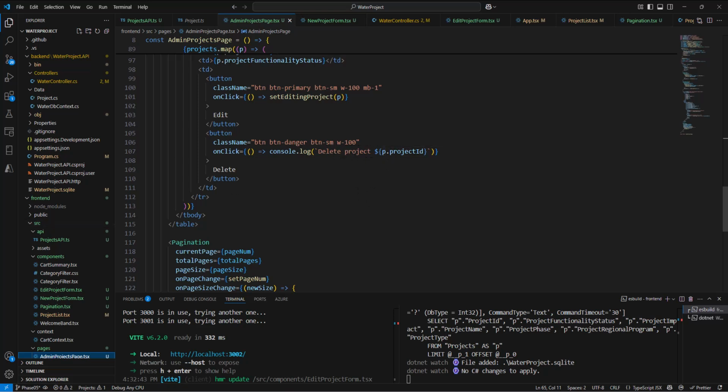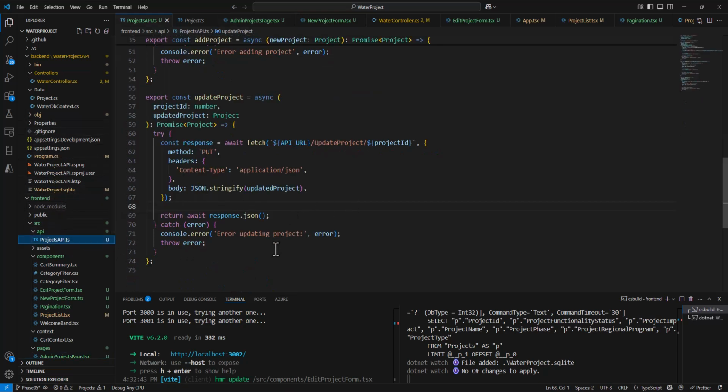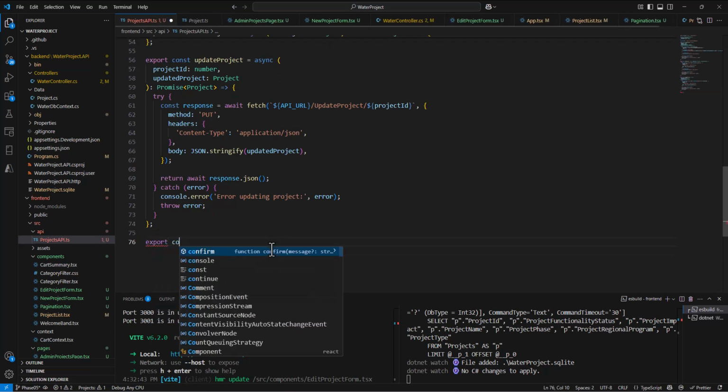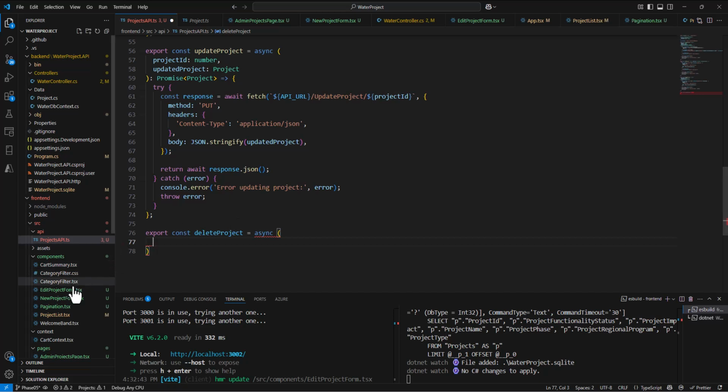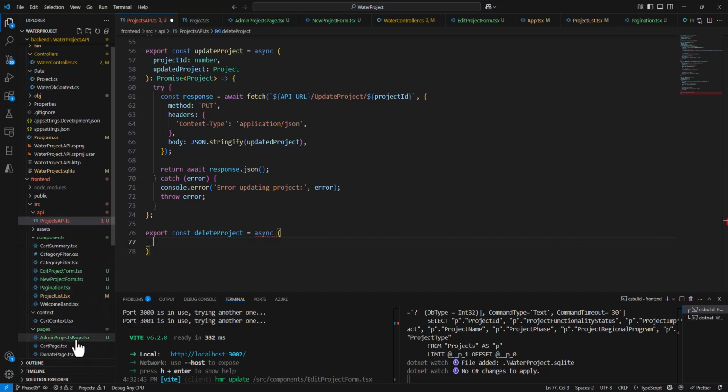Currently we're just posting what the delete is, but instead of that, what we can do is create a method, and just like we've done with the other ones, in the projects API, we can add a new export const deleteProject, and this can be equal to async. Now again, this could be done right in the admins project page itself, but we're kind of grouping all these little API functions all together in this APIs file. So export const deleteProject async, and then in there we say in order to delete this project, what we need is,